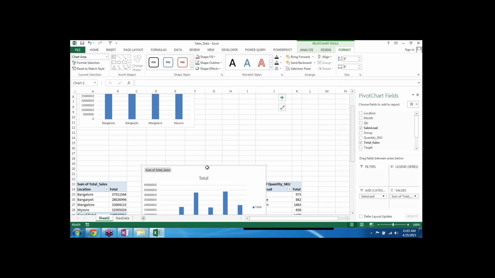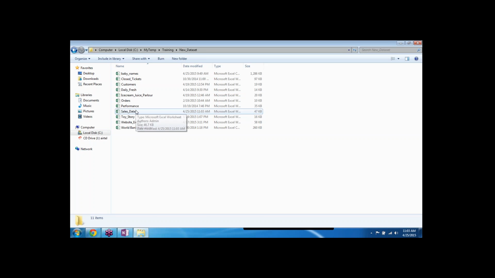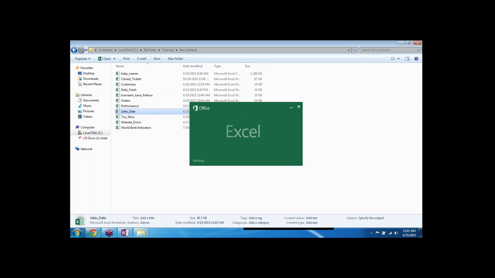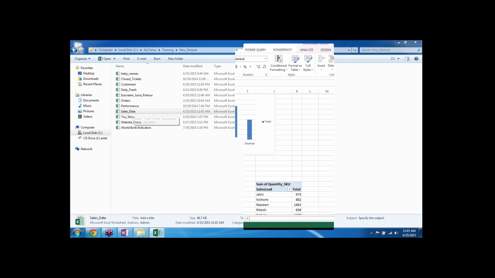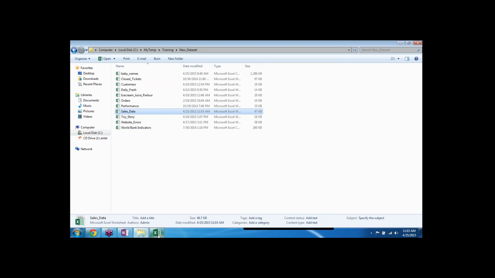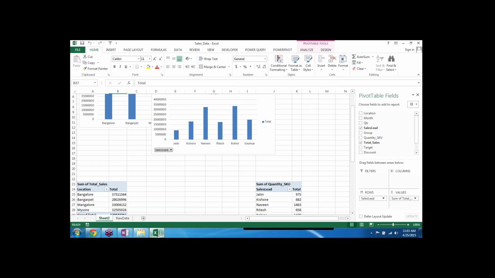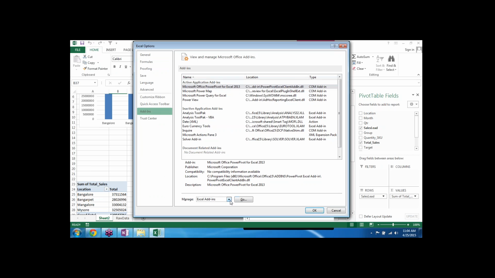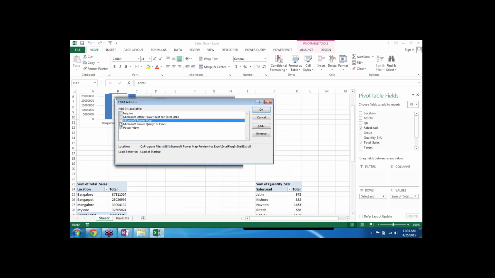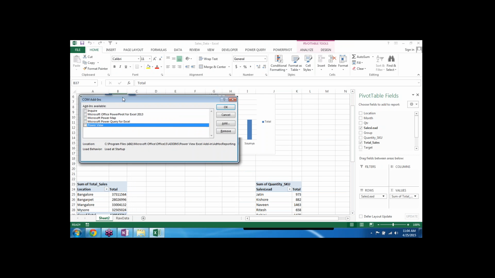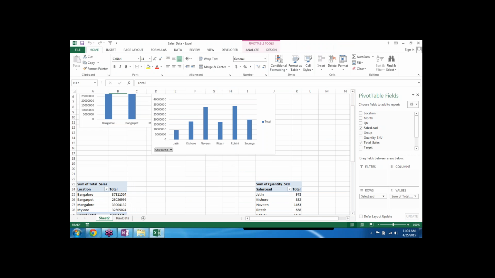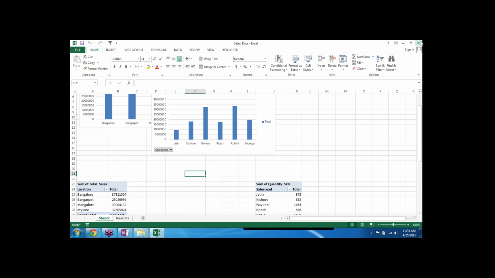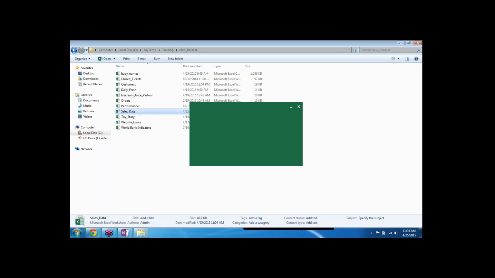Are you able to view this screen? Because I am not able to view it properly at times. Okay, let's do one thing. For the time being, I will disable all the add-ins so that it does not take much memory space. I'll just go to add-ins, and I have some COM add-ins which might be taking some space. So I will remove these COM add-ins. I will show it to you tomorrow. Fine. For the time being, I'm just removing the COM add-ins. This might save some memory space so that we can get instant views over here.